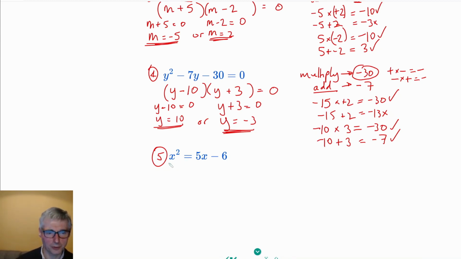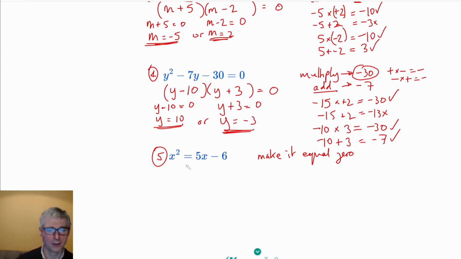But it is, because we've got an x squared, a number multiplied by x, and then a number. But what we've got to do is make it equal to 0. So in the examples before, they were already equal to 0, but sometimes on exam questions they try and hide the fact that it's a quadratic, and you've got to rearrange it to make it equal 0 before you can